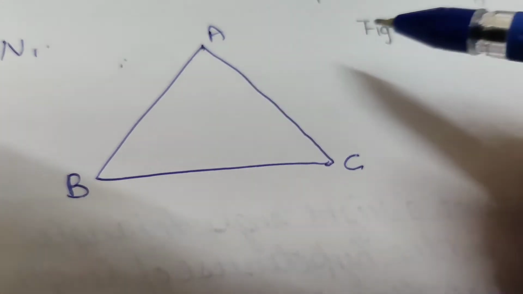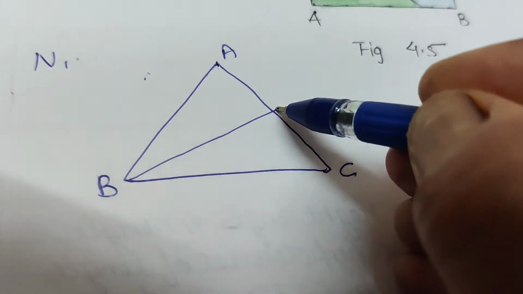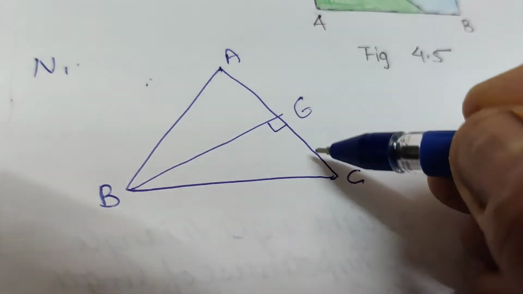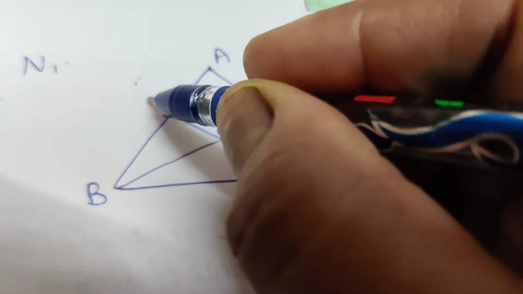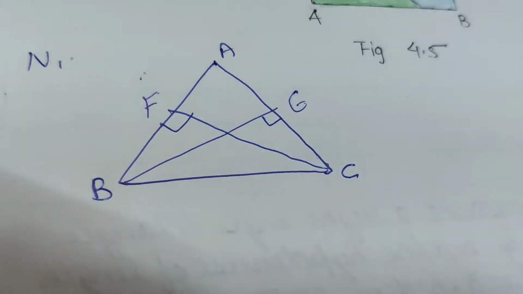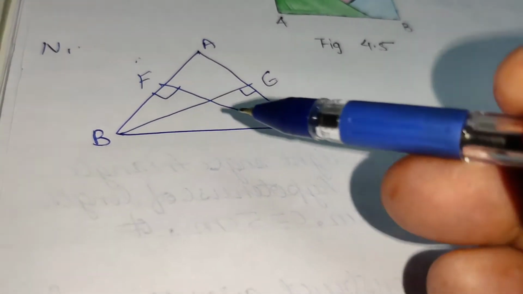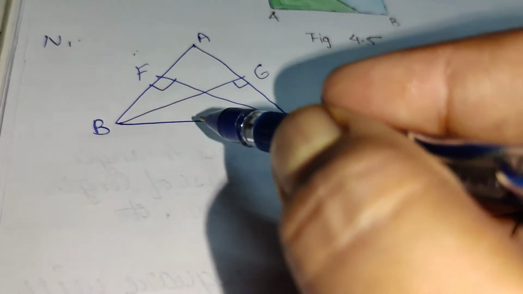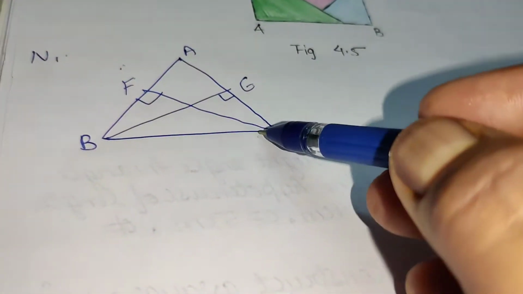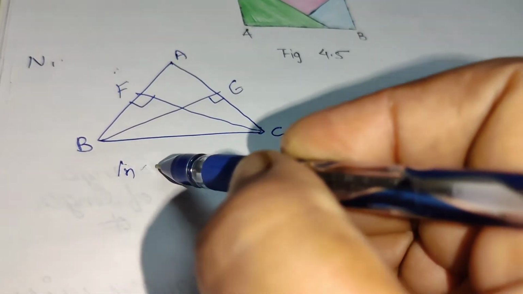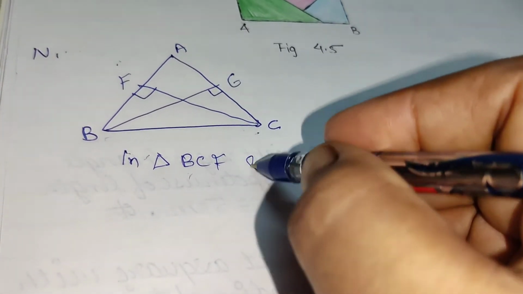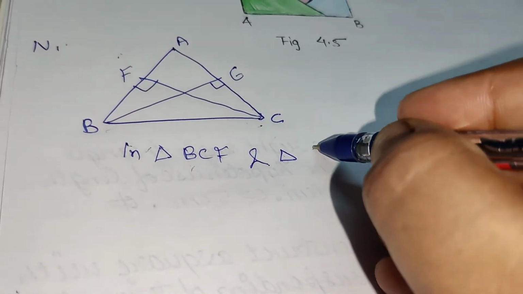ABC is a triangle in which BE and CF are two altitudes. BE and CF are the two equal altitudes. So we have to prove AB equal to AC. In triangle BCF and triangle CBE,